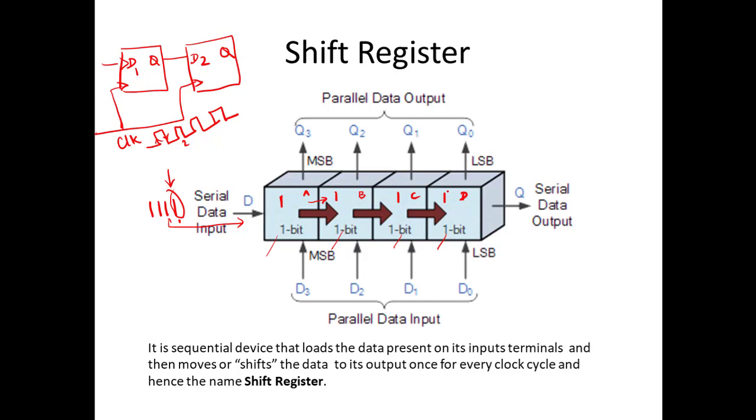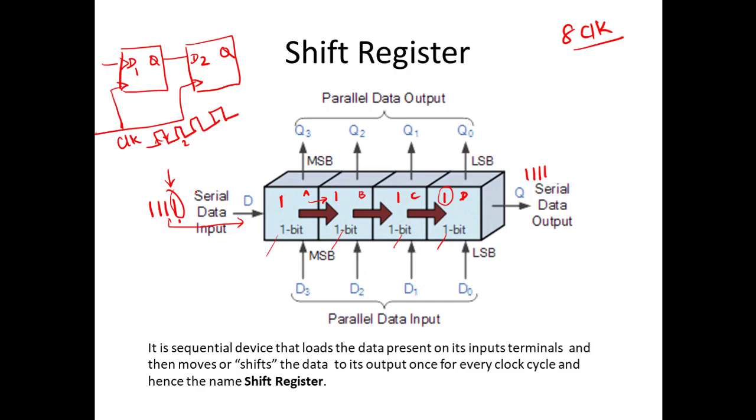your 5th clock pulse, this 1 will appear at your Q, and during your 6th clock pulse, the next one will be coming out, and during the 7th clock pulse, the next one will be coming out. During the 8th clock pulse, the next one will be coming out. This is in case of serial data input and serial data output, where you give 4 bits of input and receive 4 bits of output serially, but it will take 8 clock pulses to receive the whole set of data that we are giving inside.